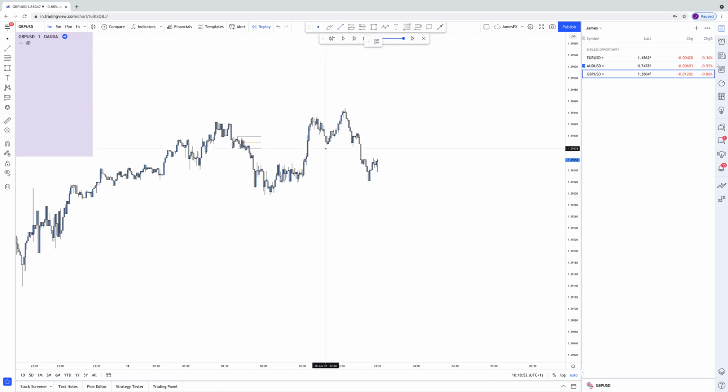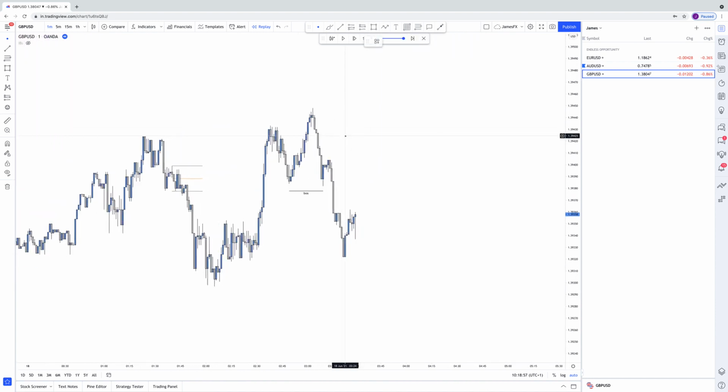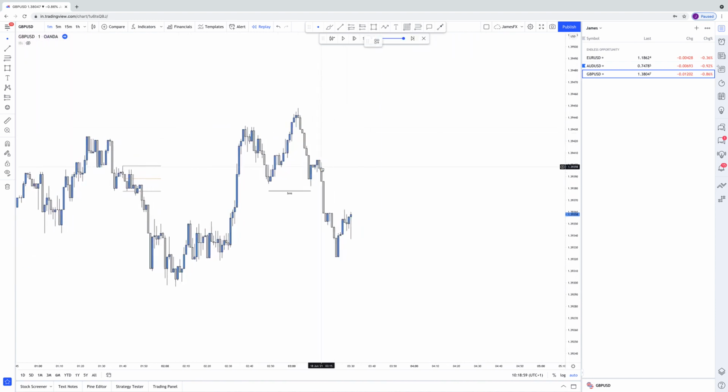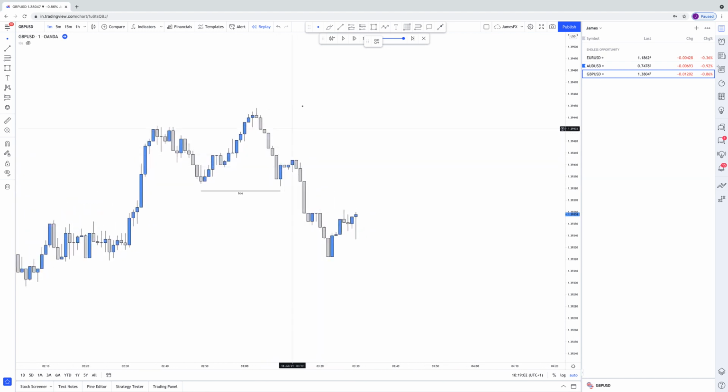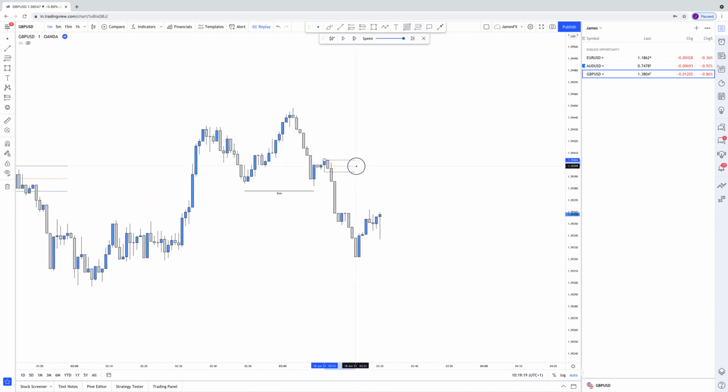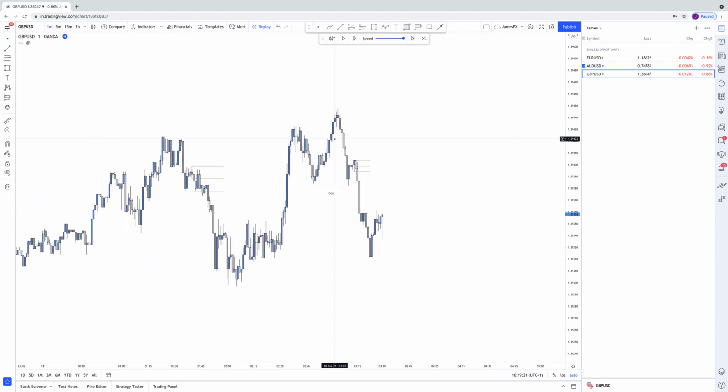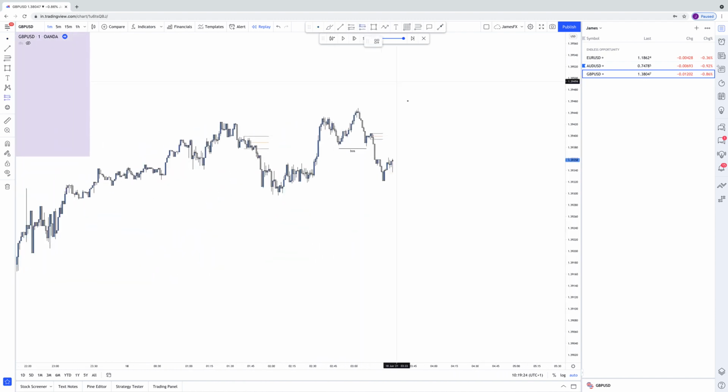So let me just put that on. So we break it there, and we have the same thing here, but it's just on a smaller degree. So if I just zoom right in, we have that range. So range initiating out, that broke the structure. Last up close, and again you could take the whole sort of range. If I can get that on correctly, there we go. And yeah, so this is the entry. So EQ,